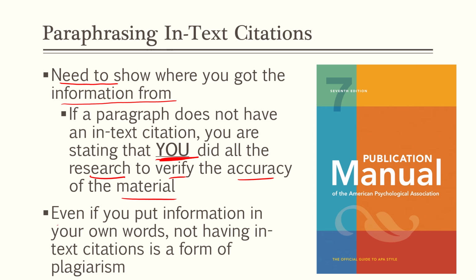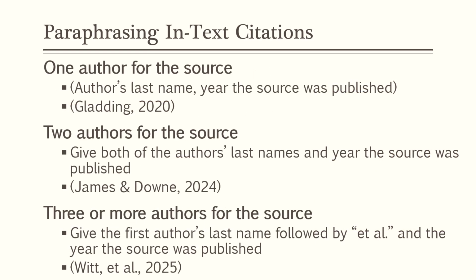And even if you put something in your own words, you still have to have an in-text citation, because if you don't have an in-text citation showing where you got the information from, that is a form of plagiarism as well. So probably just about every paragraph in your research paper is going to have an in-text citation. And this is the format that we use for paraphrasing in-text citations. So if I'm putting something in my own words, this is the format I use to document where I got my information from. If the source that you are using has just one author,